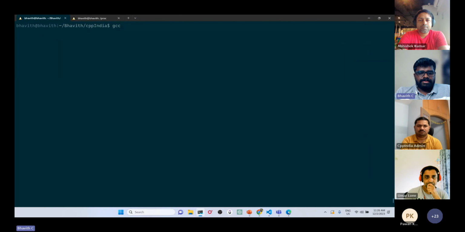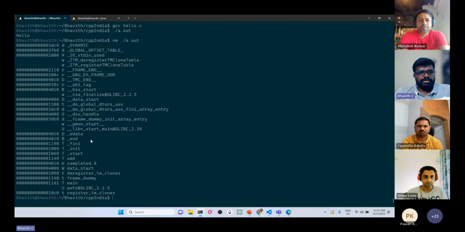Now I'll use a GCC compiler, which is nothing but a C compiler. Let me compile, and I'll say a.out. It is working fine. Now let's see one command, which is nm. This nm command will print the symbol table. Whenever I type nm a.out, here you can see all the symbols which are present in